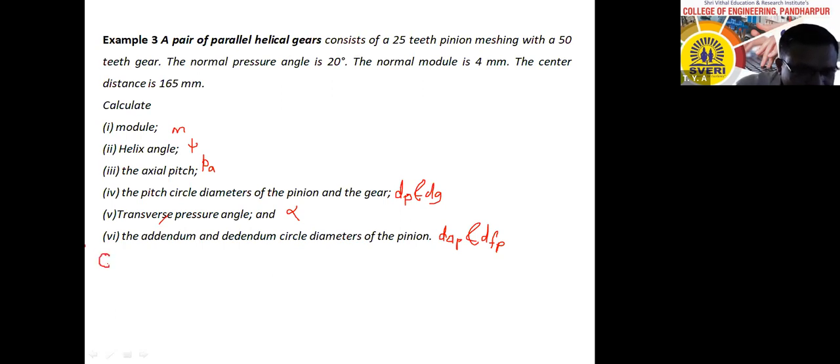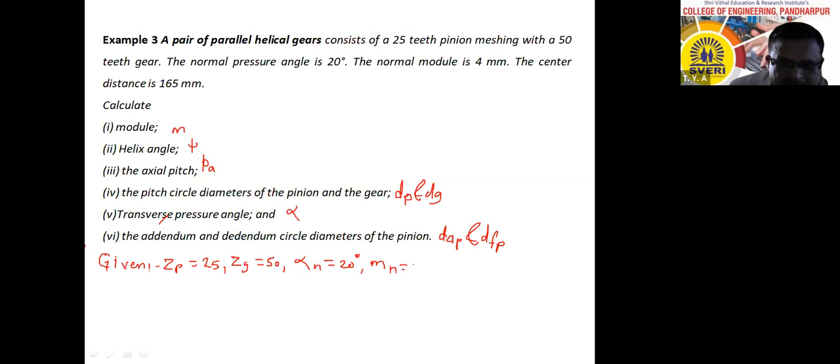Given data. First of all, number of teeth on pinion 25. Number of teeth on gear 50. Normal pressure angle alpha n 20 degree. Normal module Mn 4 mm. Center distance A is equal to